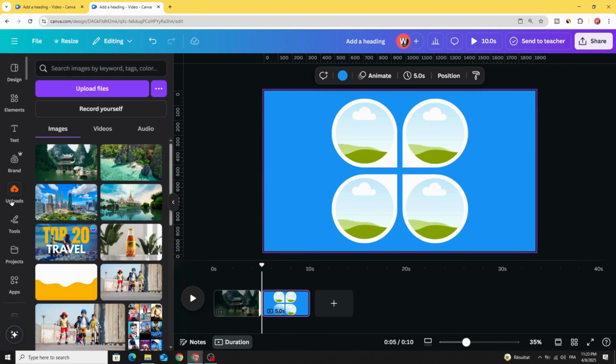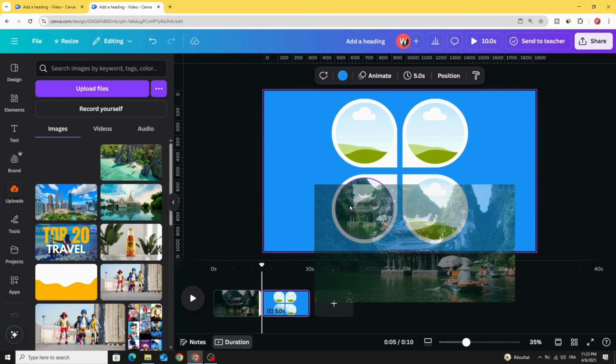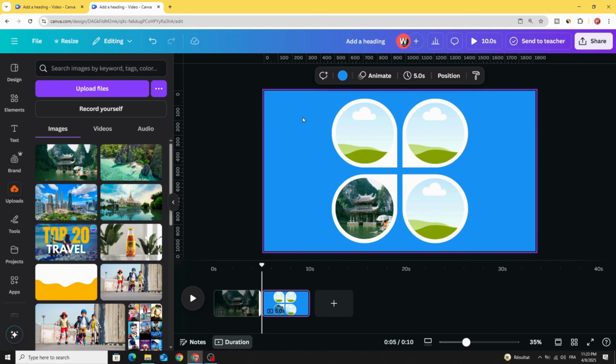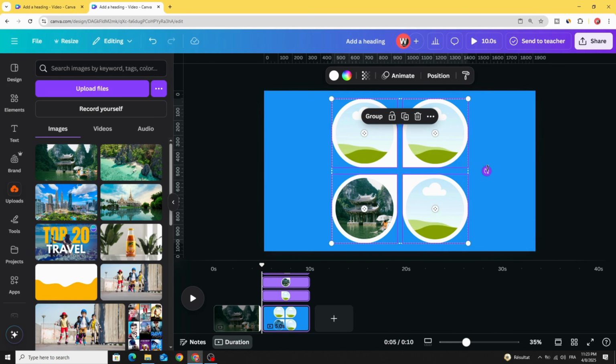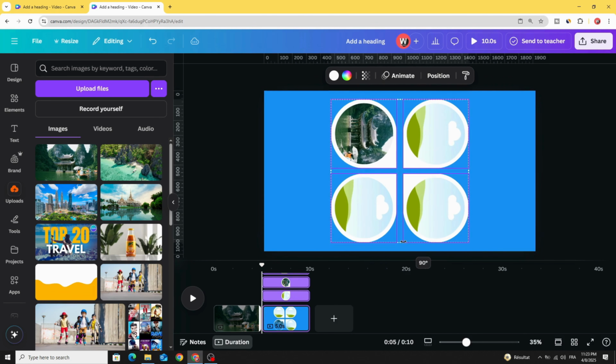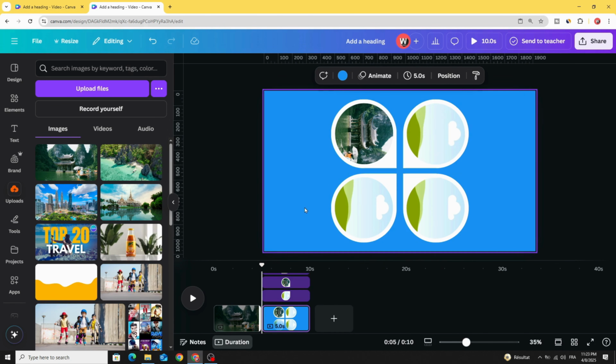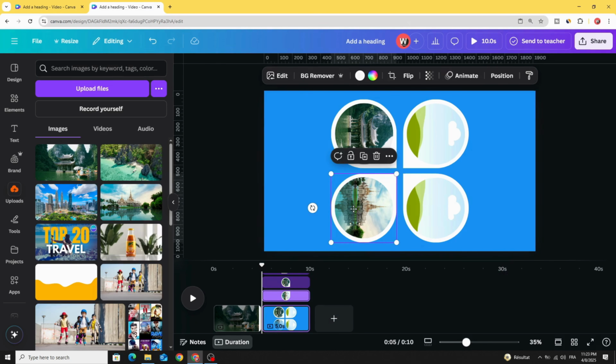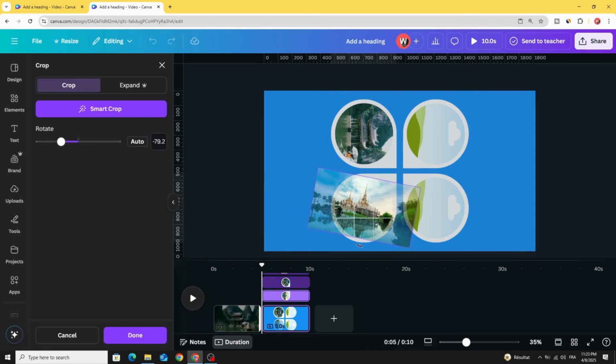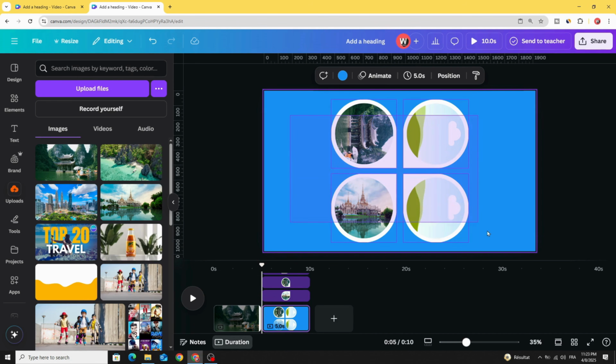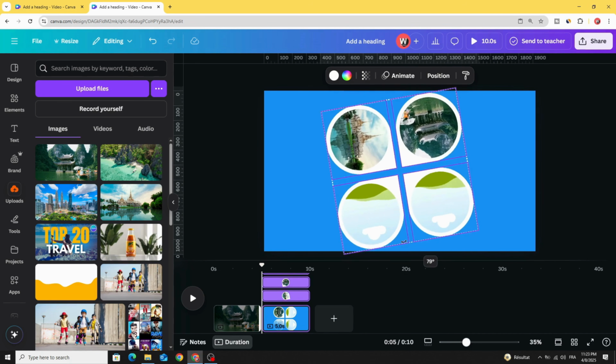Go to uploads and drag the first image that you are going to use and select all and rotate 90 degrees. Drag the second one inside the frame and double click and rotate it to adjust it like this. Select all and rotate